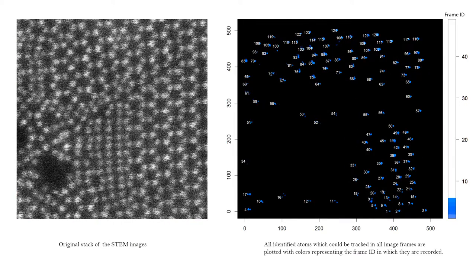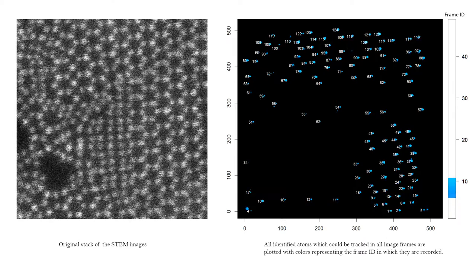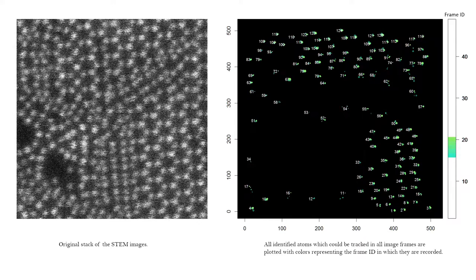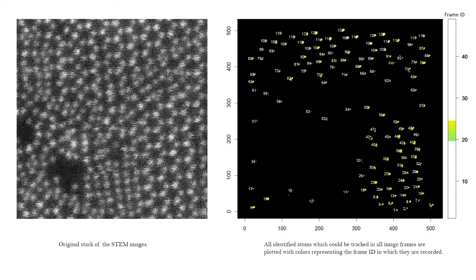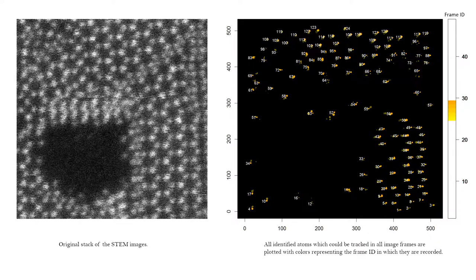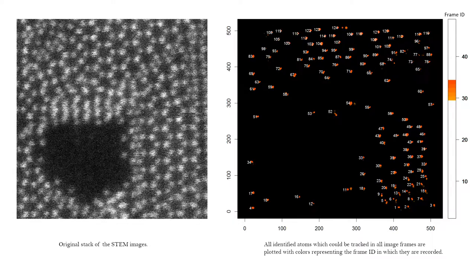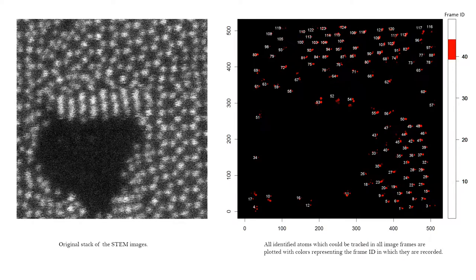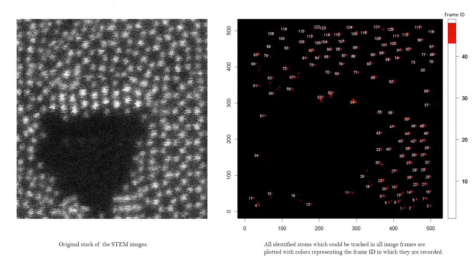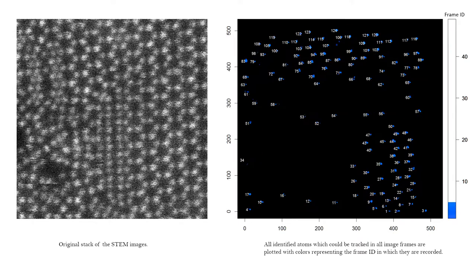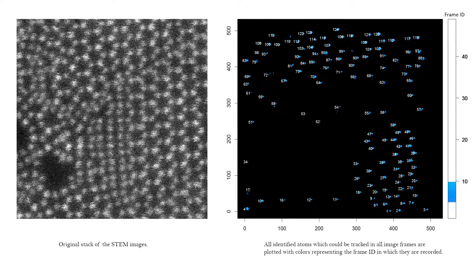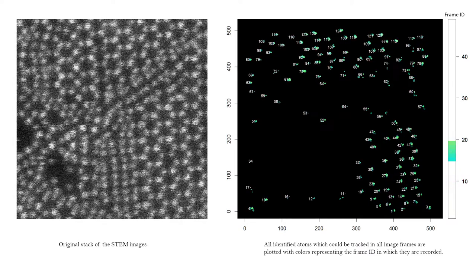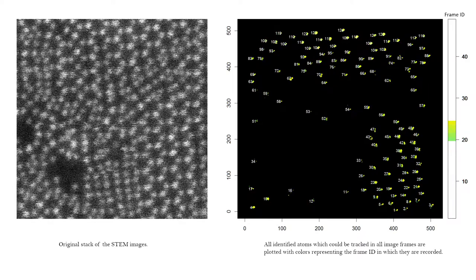In the second and third tasks, we tried to track the movement of the atom centers, which appeared in all 49 image frames. The results are shown as an animated tracking map for all trackable atom centers. The approach used here was simply to evaluate the relative movement of atom centers in adjacent frames within their nearest neighborhoods. The definition of the nearest neighborhood is based on the statistics of the pairwise distance of all centers between